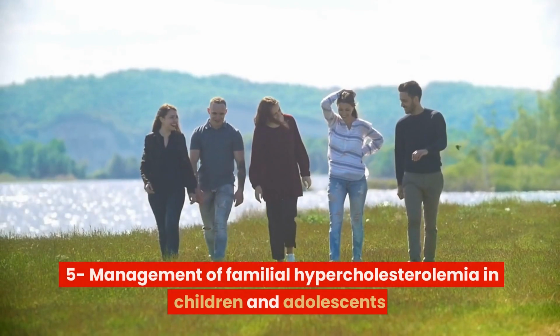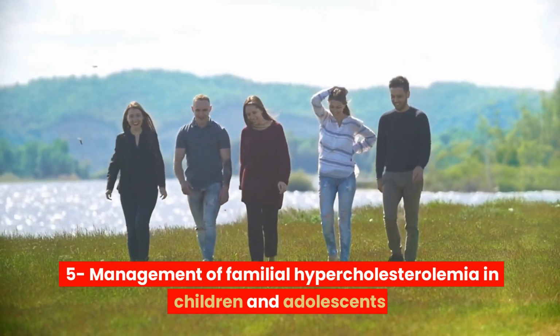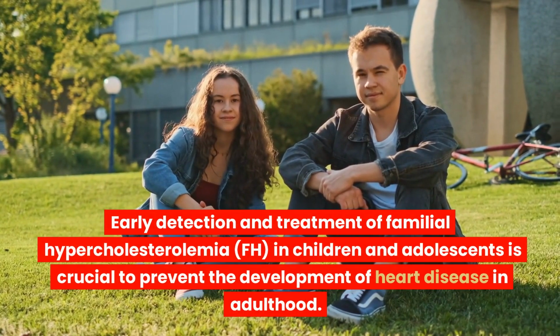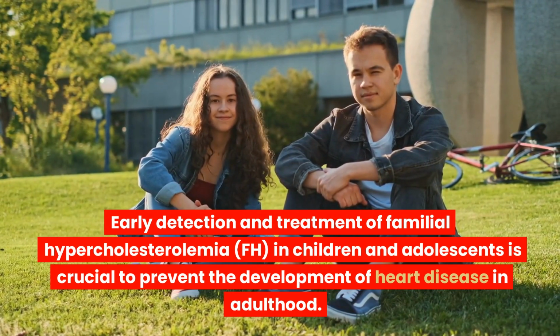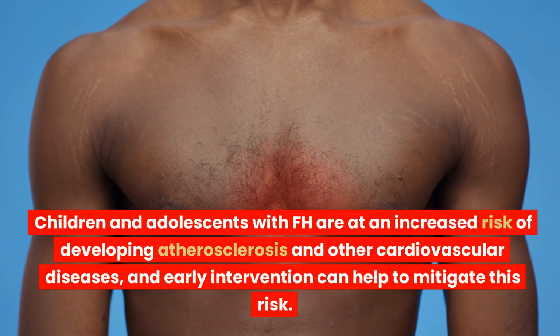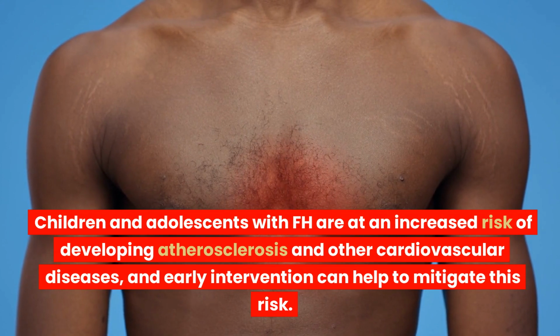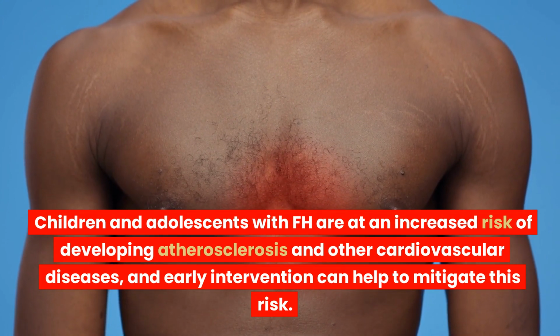Number 5. Management of familial hypercholesterolemia in children and adolescents. Early detection and treatment of familial hypercholesterolemia in children and adolescents is crucial to prevent the development of heart disease in adulthood. Children and adolescents with FH are at an increased risk of developing atherosclerosis and other cardiovascular diseases, and early intervention can help to mitigate this